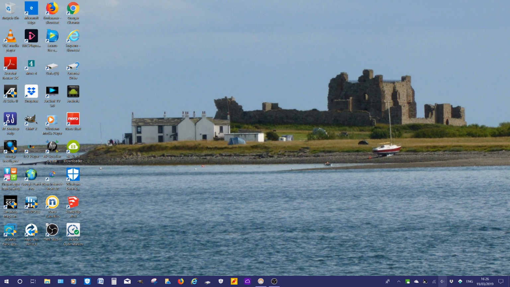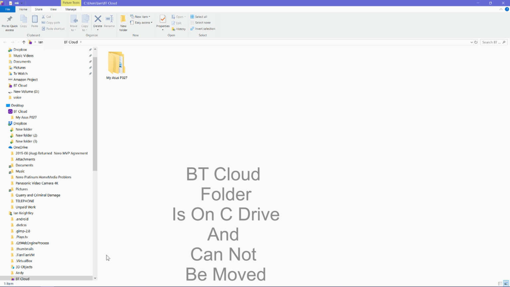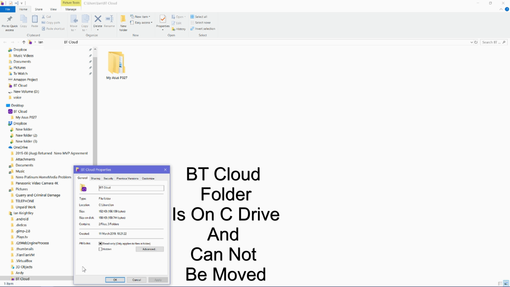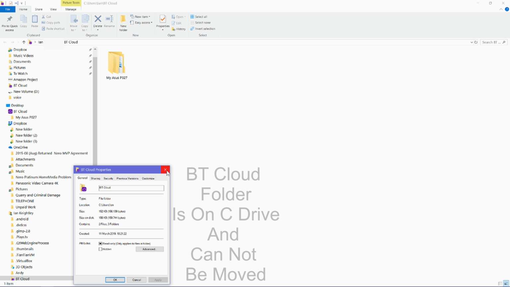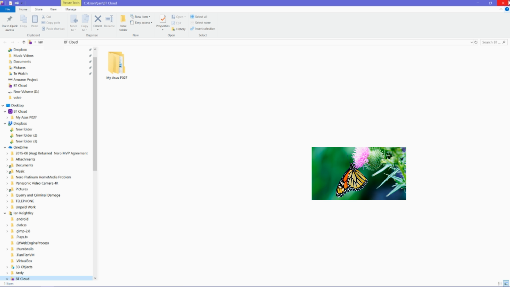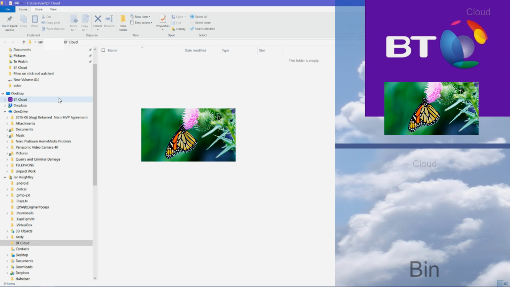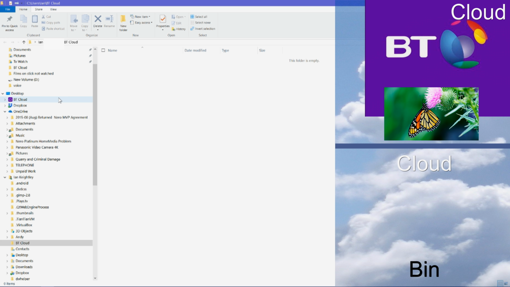If I now move along the toolbar back to the BT icon that I clicked earlier and then left click on it, I'm taken into this screen, which is the folder for BT Cloud on this PC. Any file or folder that is dragged into this screen or cut and pasted into this screen will automatically sync to BT Cloud. If then I remove that folder or file from this screen, it will be deleted from BT